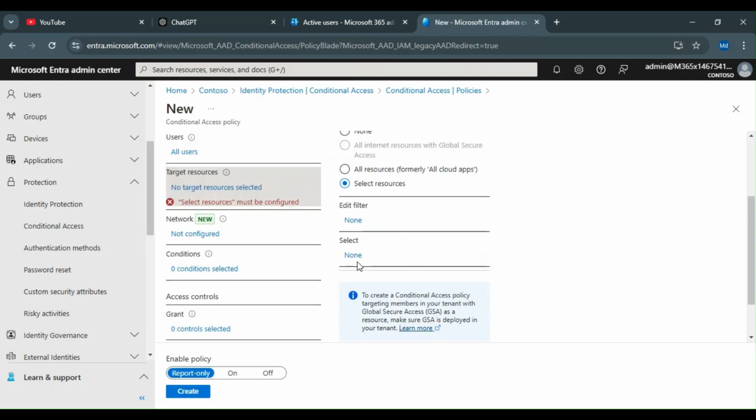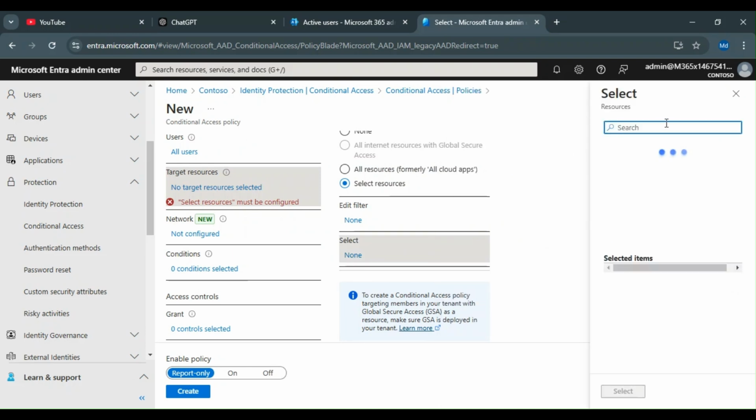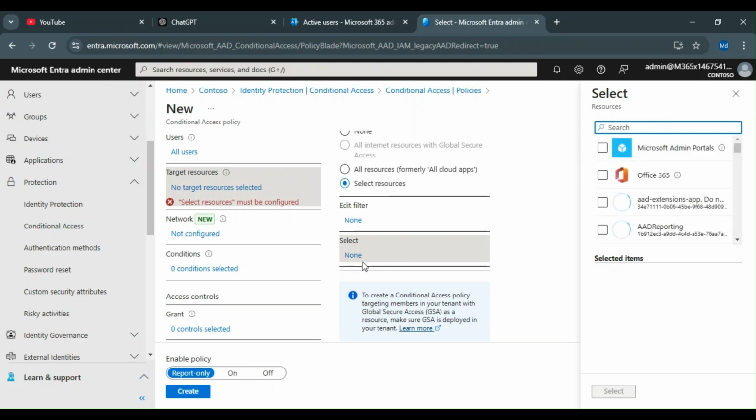If you are creating policies, you can create some tags there, and based on the tags you can easily manage them. You can see that I am selecting some of the resources that I want to protect: my Office 365, Microsoft Admin Portal,